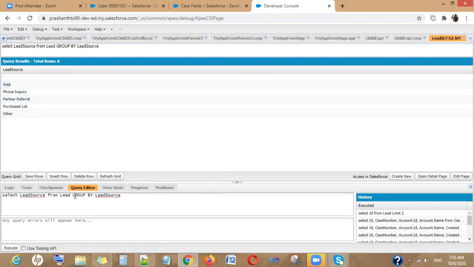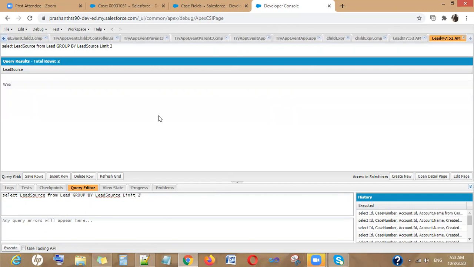Now I am grouping the result on the basis of the lead source. Here I will also show you one more thing: in the group by, if we use limit,